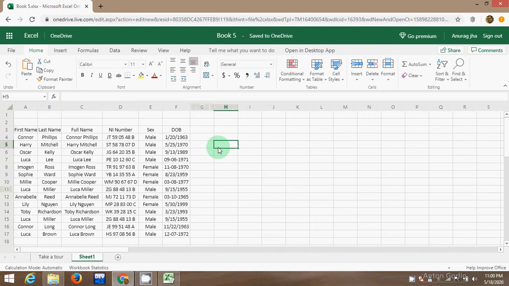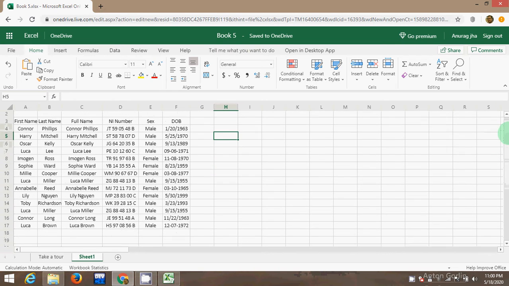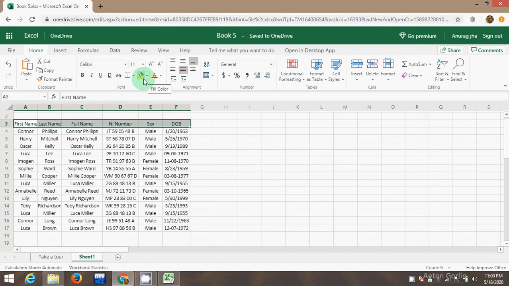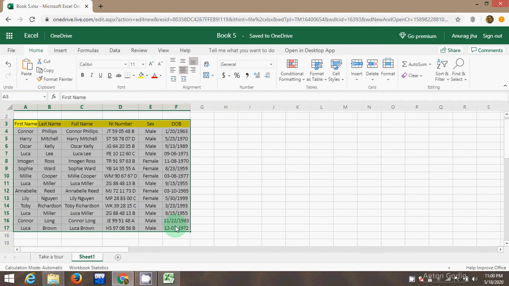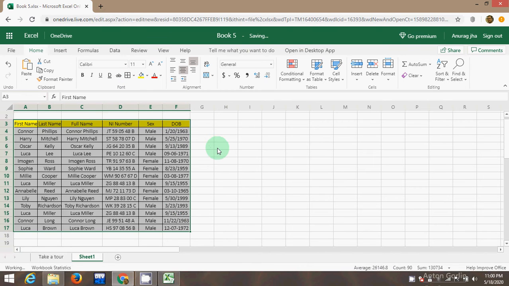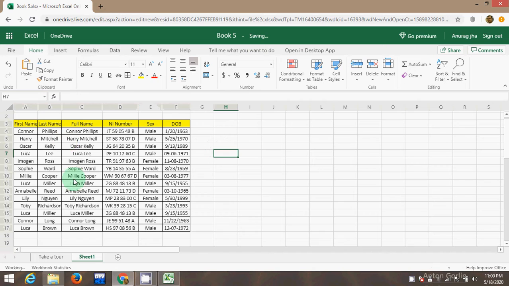Now we apply XLOOKUP here. This is our data set. I will just do some highlighting. Now our data is looking fine, looking good.